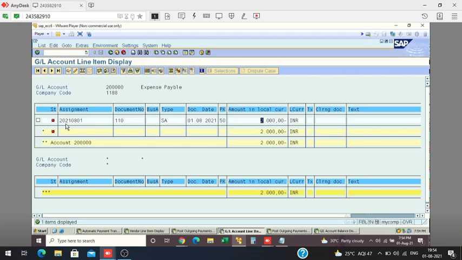Partial payment will show both items, invoice amount and payment amount, and the balance will be invoice minus payment. Residual will show only the payable amount after deducting payment from invoice. The residual payment and partial payment difference is this only. If somebody asks you, give the answer like this. This is the same for GL, vendor and customer.